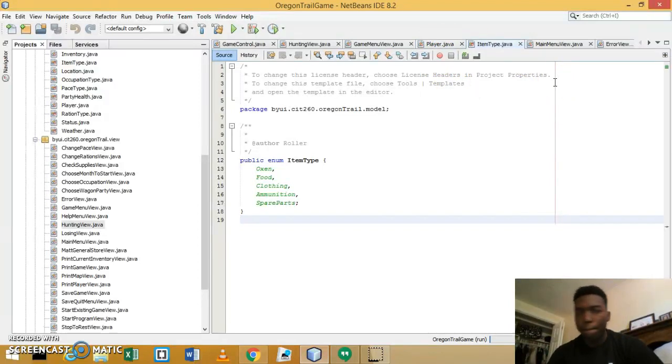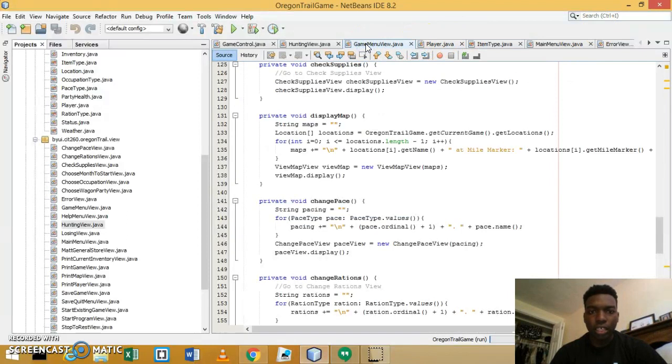So the next thing is how we access an array, and in this case we use a for loop to loop through an array. In this example, we'd use for int i equals 0, i is less than or equal to location dot length minus 1, and then you add i plus plus. So map plus equal new line plus location, and you get name and mile marker. So this exact one is for the map,